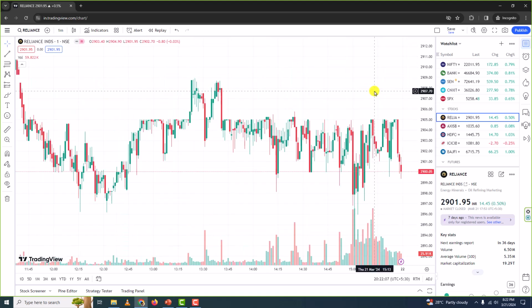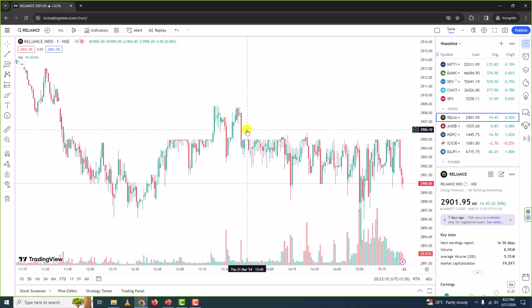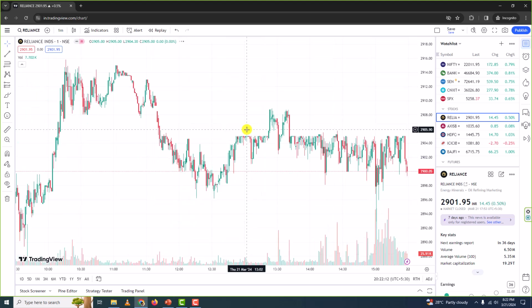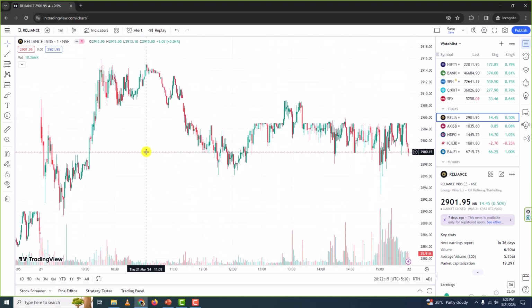I'll click on this and you can see the 1 minute time frame chart loads up. Let me zoom out and here you can see the way the price has moved over 1 day. This is of today. The price started moving from here. This is the first candle. It went like this, came up like this, went down, came up, went down, came up, and then it went sideways and it closed here.